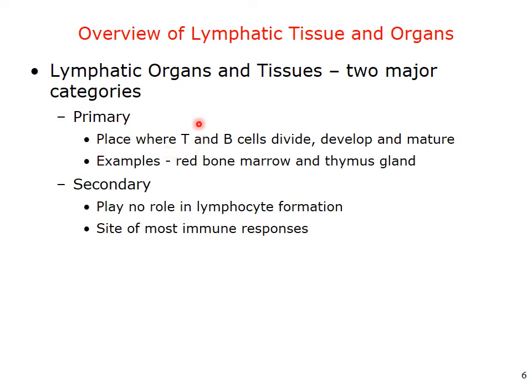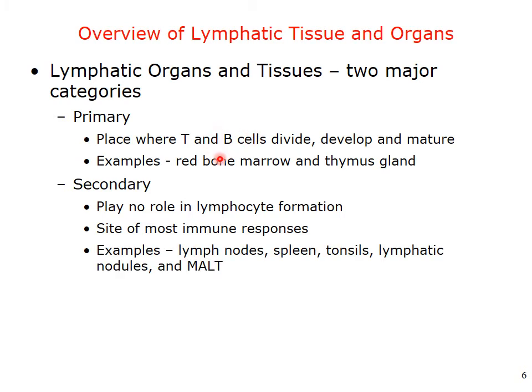An analogy you're going to hear me use a lot when we're talking about the immune system is I view it as our military system, that it has several branches, all designed to protect us. When I think of what the primary tissues are, these would be the training centers. This might be boot camp. This could be a military academy where individuals go to actually learn to be soldiers and participate in protecting us